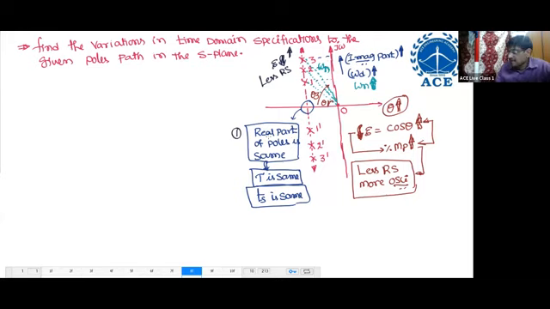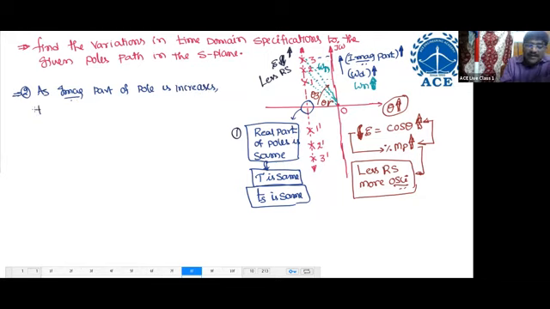Next point, you write: as the imaginary part of the pole increases,